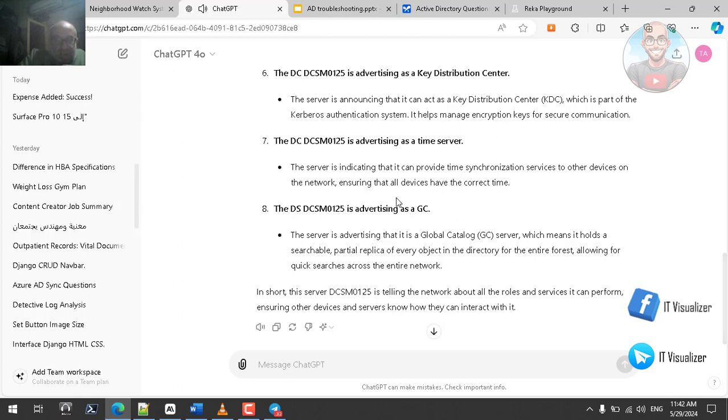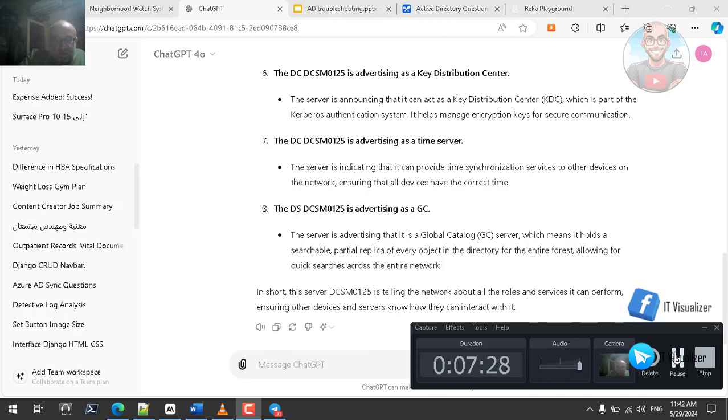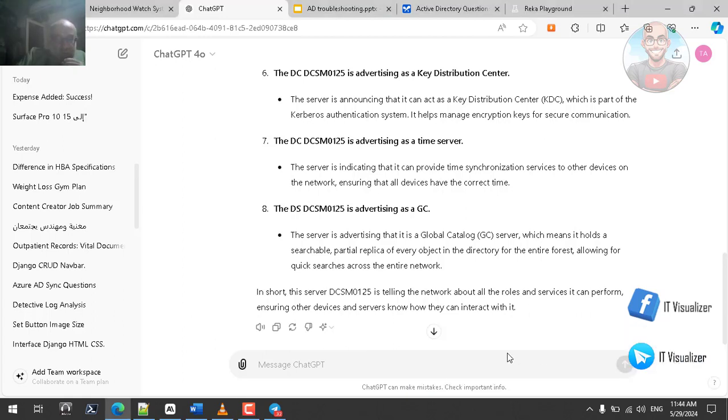So this is very, very critical services. If they are not running, it will cause a lot of problems in our domain. So just wait for a moment, guys. So let's continue, guys. Here we can see that these are very important services that every domain controller should hold. If one of these services is not working, a lot of problems will arise. So let's ask ChatGPT 4o what will happen